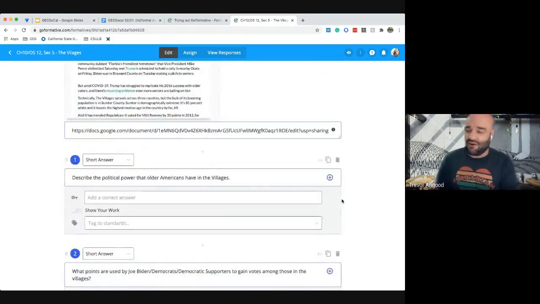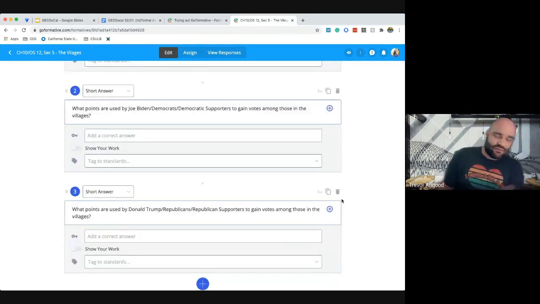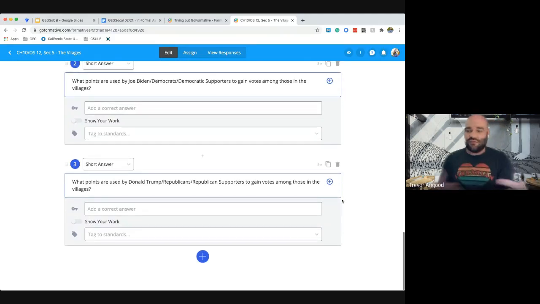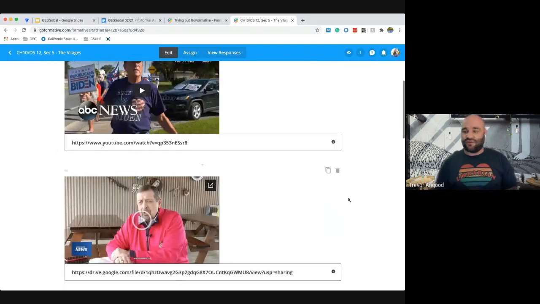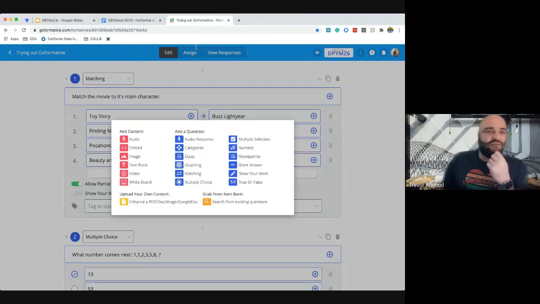Describe the political power of older Americans. What points are used by Joe Biden? What points are used by Donald Trump to get their voters out? Things like that. They're just responding to it. They can just throw it in and start giving answers, but I can give them all the resources so it's right there to view. And then the powerful one, I've got to pull it up again